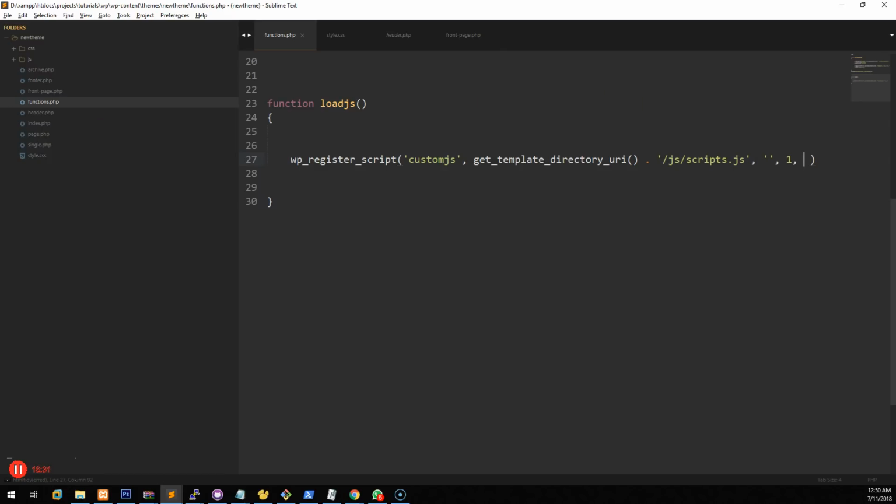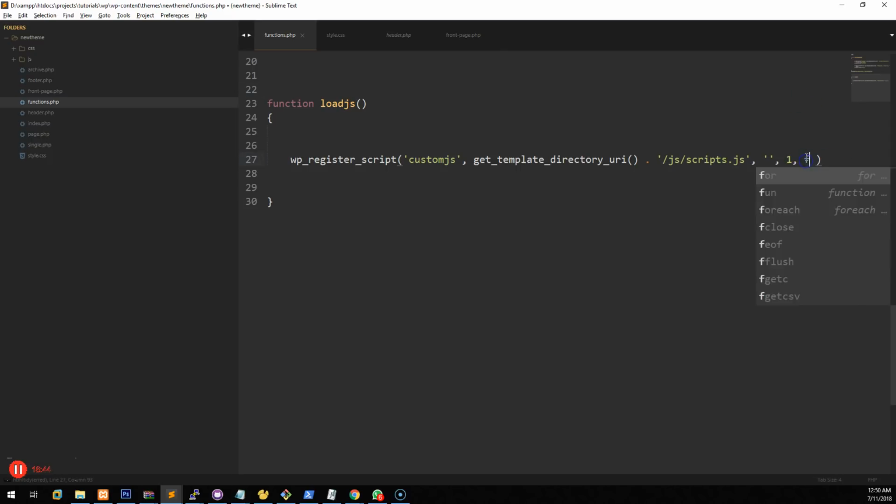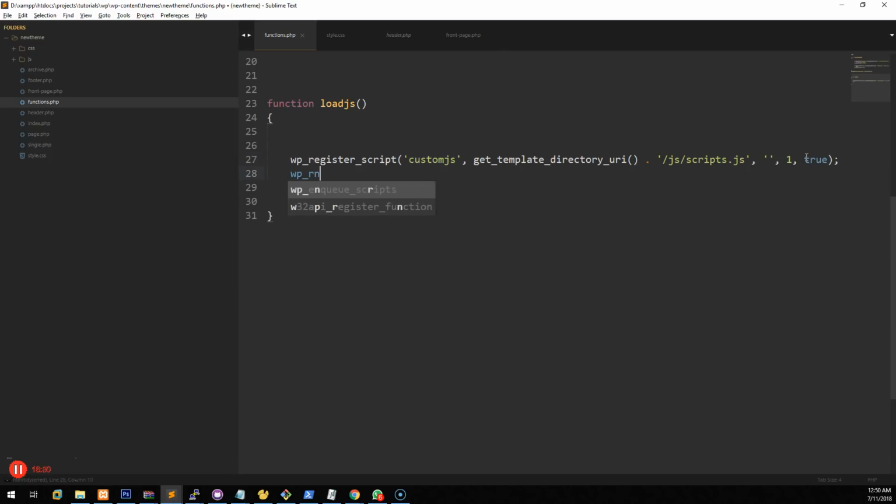So with adding it into the footer, it just asks us yes or no. So if you want it in the footer, just put true. If you don't want it in the footer, put false. But I'll just put true. And then I'll go wp_enqueue_script custom.js. And then we want to make sure that we also